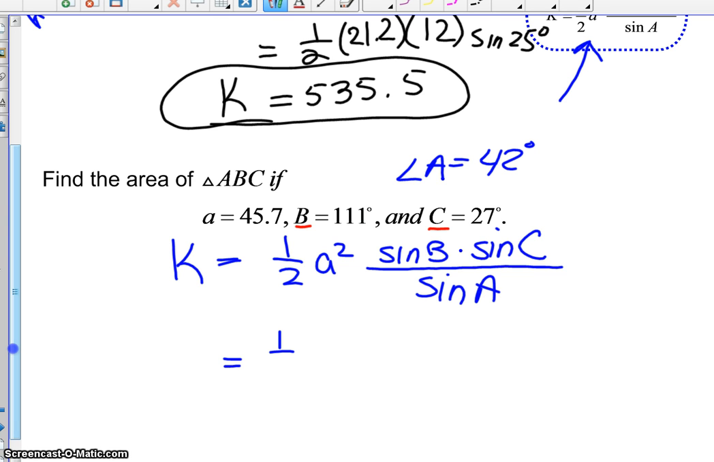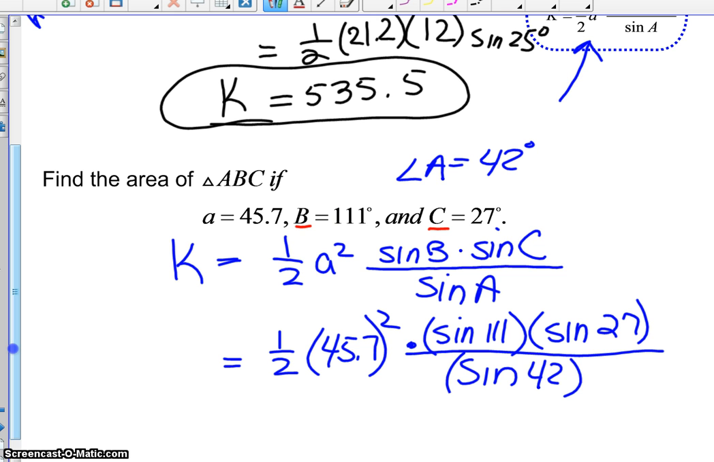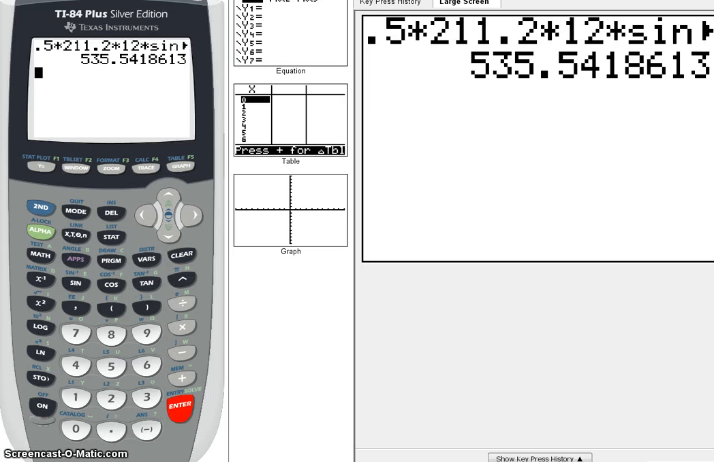I'm going to say 1/2 times my A, 45.7, squared times the sine of my B, the sine of 111, times the sine of my C, the sine of, oh, not 42, excuse me, the sine of 27, all over the sine of A, the sine of the one we calculated, 42, okay? Now, the one thing I would tell you is it's okay to try to put these